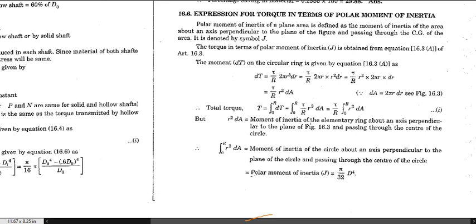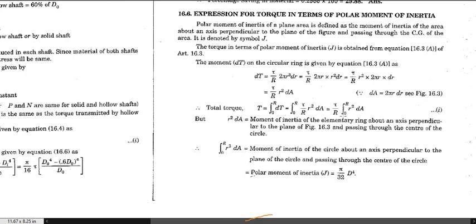Okay, so if we want to obtain that equation of torsion in the form of the polar moment of inertia, then we must basically try to determine the torque in terms of that. As we know, the torque is defined as the product of the turning force multiplied by the value of r, and then you will get this value of torque. If you integrate over all the area, that is 0 to r, then you will get the value of this total torque, where this is the moment of inertia.